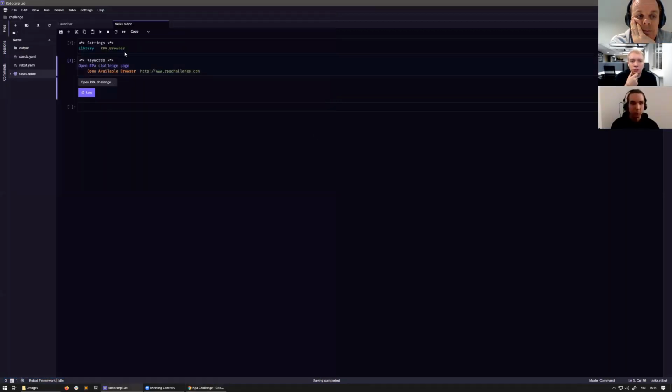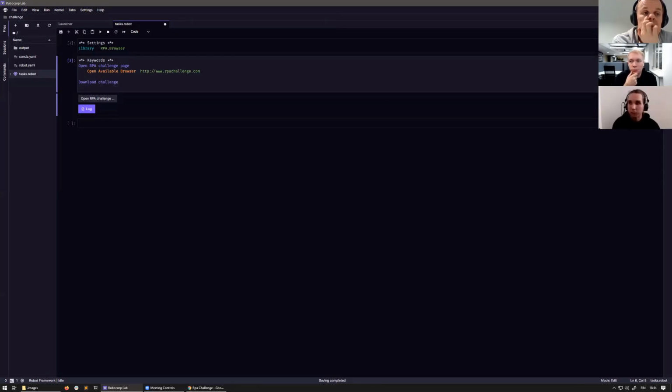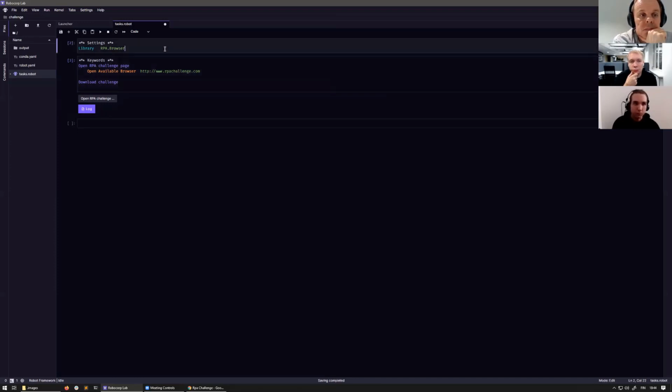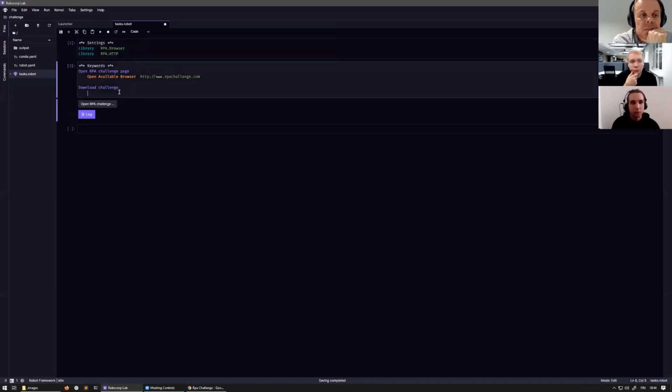So we're not going to pre-download it or anything. We can write whatever keyword we want next. Downloading files, we can do through the browser by clicking links, but with an HTTP library that we have, we can also just download files from a URL. So if we say download and that URL,